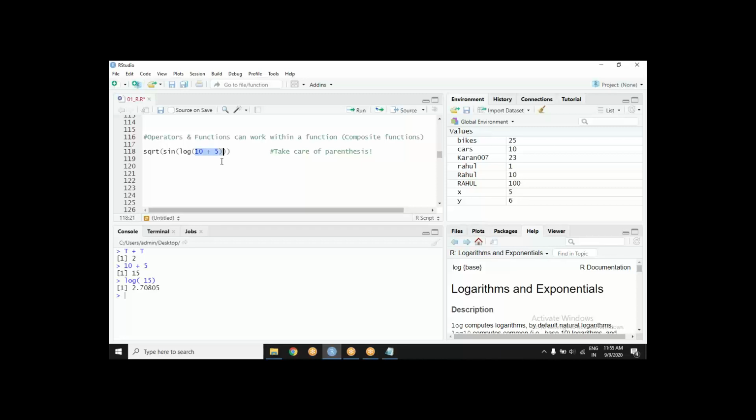It will take the addition of that and solve the logarithm of that. Then comes the next bracket, and so on. So as many brackets as you want you can put there, and every function will calculate according to the sequence of brackets. And you can sort that out in just one single line of code.